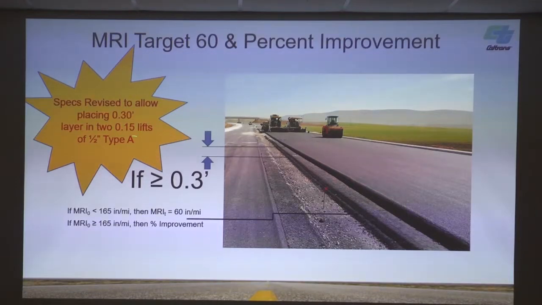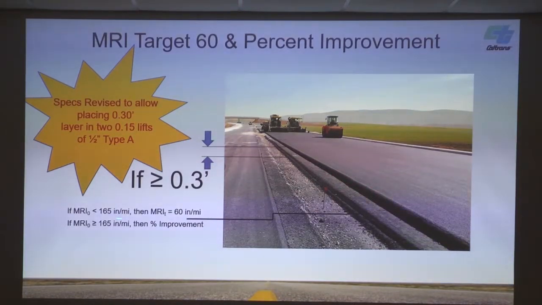Our tables are designed so that we don't want the contractor placing less than 1500ths, because then we can't pull cores. We can't do density tests, and we always want the density spec. So we're not going to let a contractor place less than 1500ths, unless the overlay says overlay a tenth, then you have no choice. But if you have a layer 1500ths or greater, you always have to place 1500ths because we want to be able to pull a core. That's how our specs are set up.